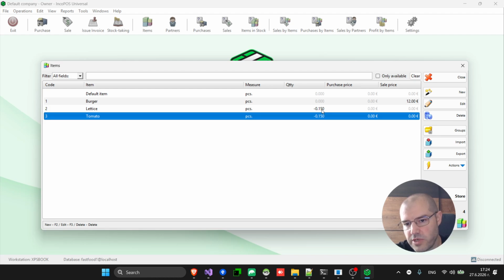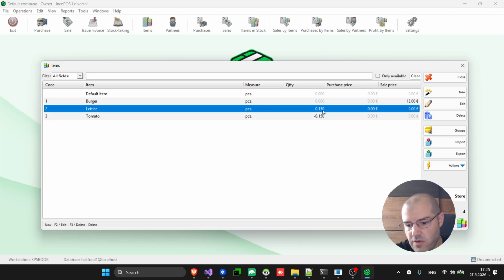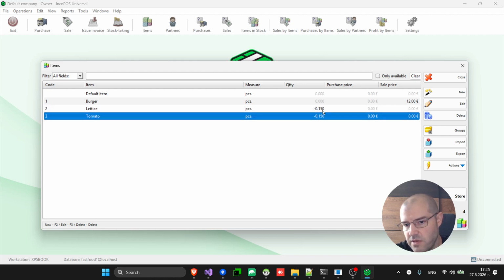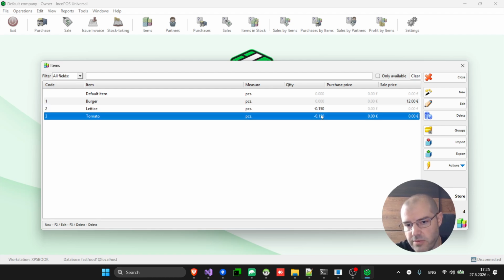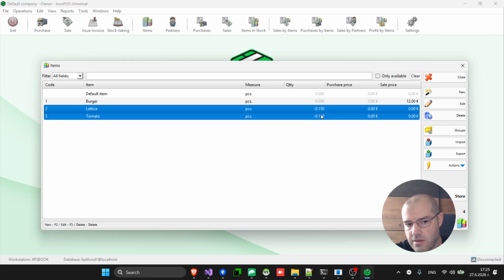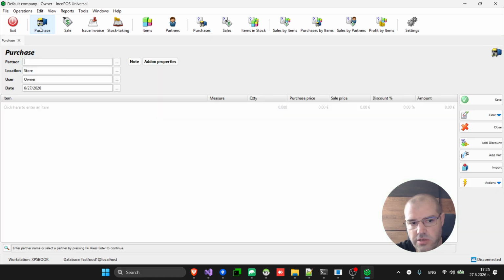This is exactly what we expected, because we had 2 burgers that were sold before the recipe was ready, and then we sold a third one. Each one was using 50 grams of these 2 ingredients, and we ended up with a quantity of minus 150 in each one of those. So in order to bring some of that availability in, we have to do a purchase operation